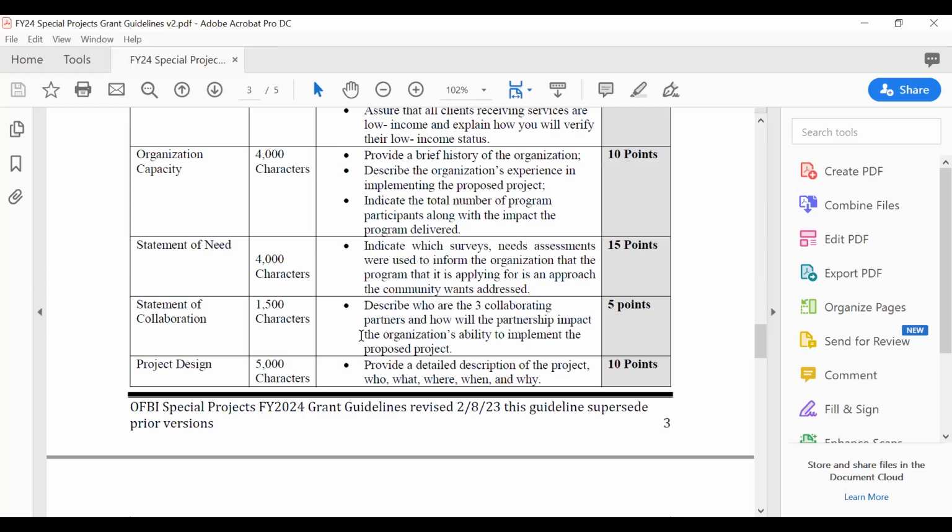And so now we're going to ask you, not only are you going to have 3 collaborating partners and tell us who they are and indicate to us the role that they'll have in supporting you in the project that you're implementing. Now, that can mean a number of different things.